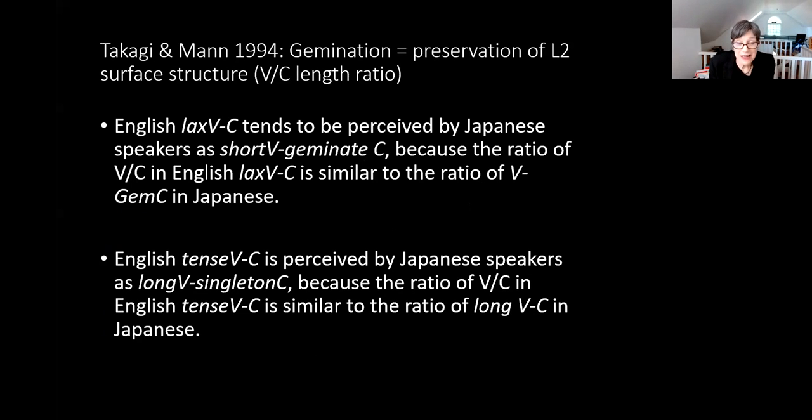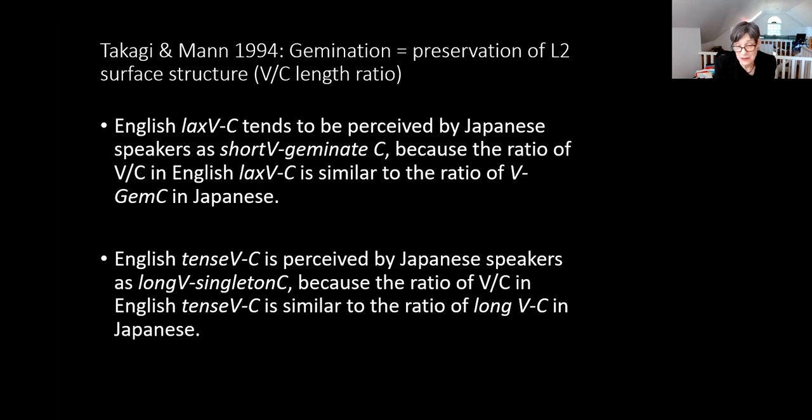Alongside, but not engaging with that analysis, is a study by Takagi and Mann, which says this is about the VC ratio in English and Japanese. The ratio of duration of a lax vowel followed by a consonant is similar to the ratio of a Japanese short vowel followed by a geminate consonant. The English tense vowel and consonant is similar in ratio to the Japanese